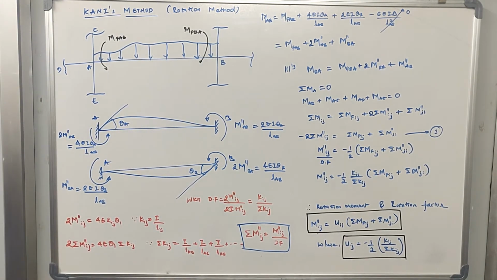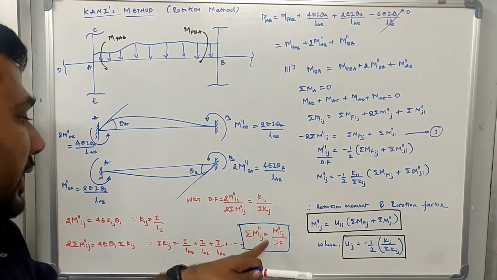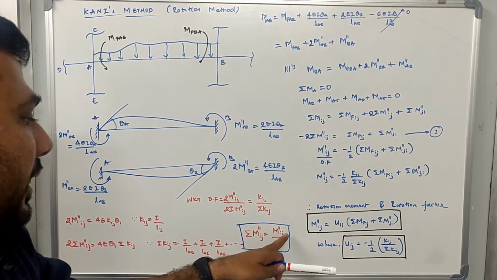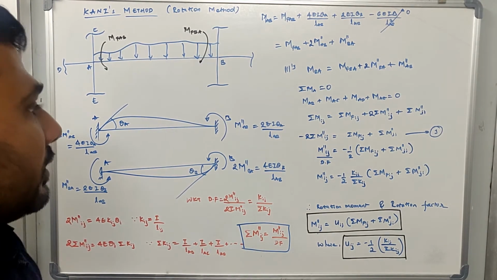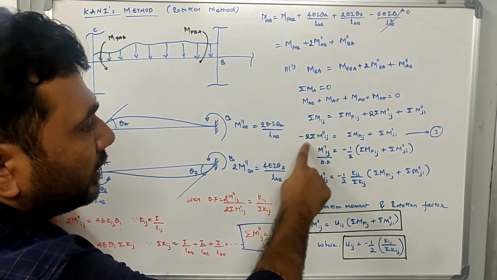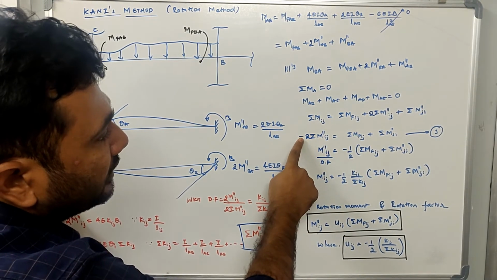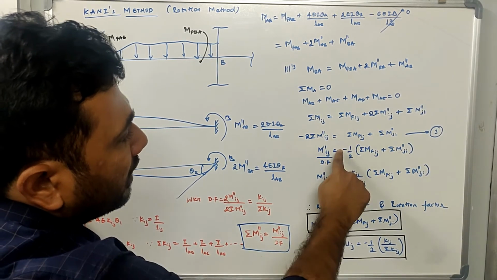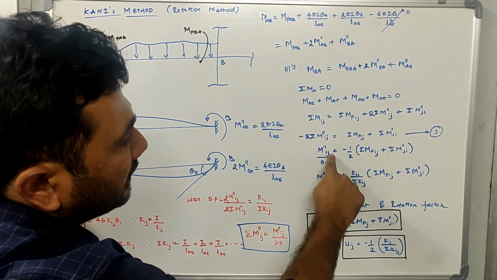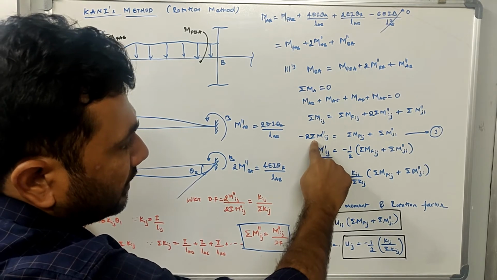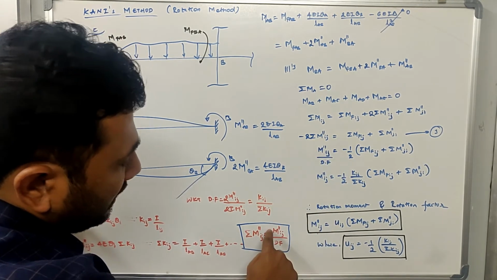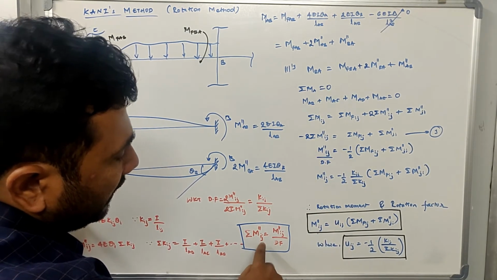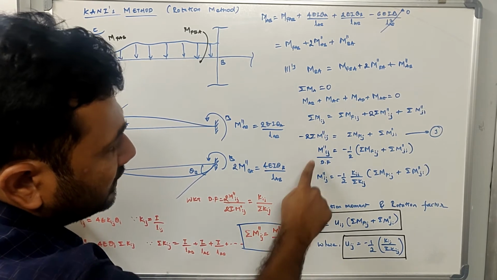Okay, so once I solved what is summation of m double dash ij, it is equals to m double dash ij divided by distribution factor. So as we know here in this equation, I'll send this -2 to that side. So this equation will become m double dash ij, what is summation of m double dash ij? M double dash ij divided by distribution factor. So instead of this I am substituting this in this equation.